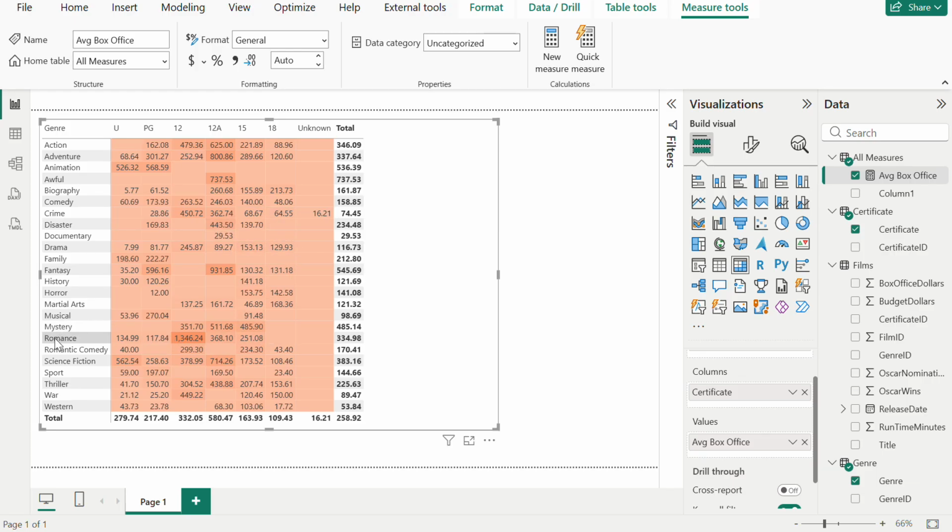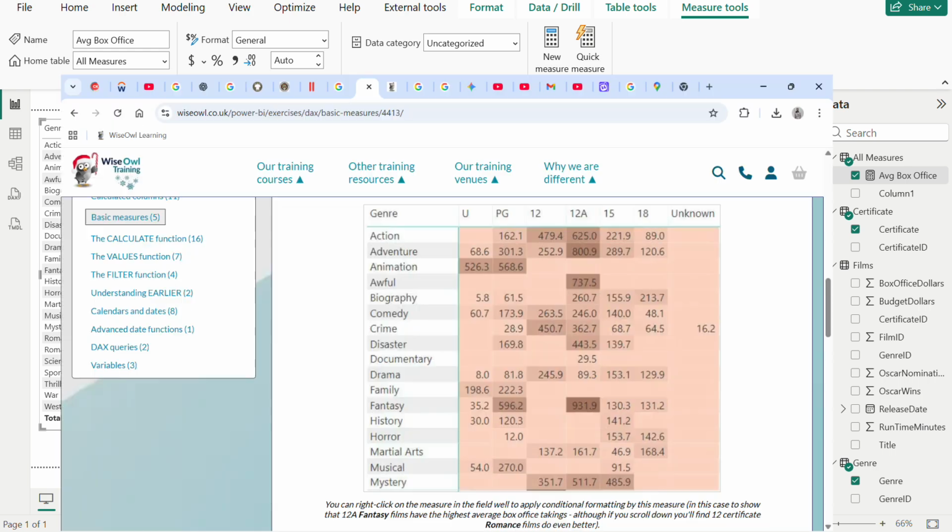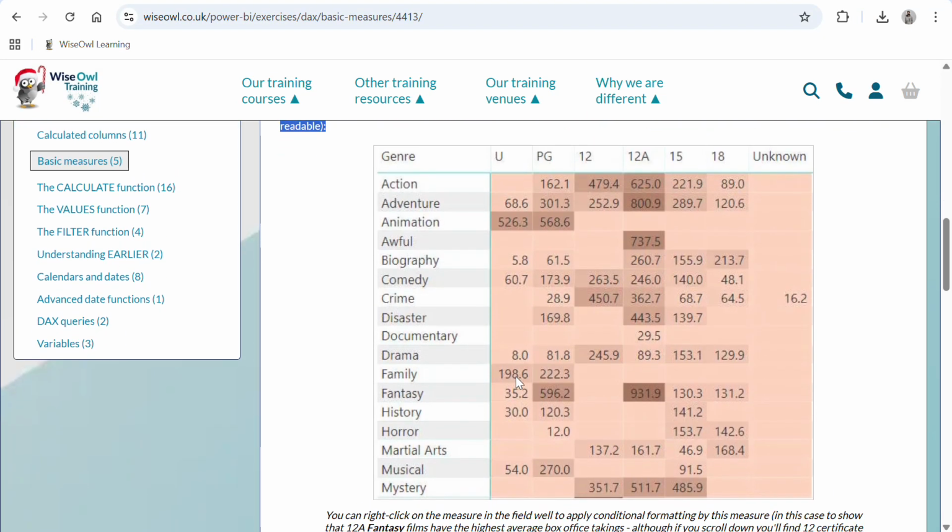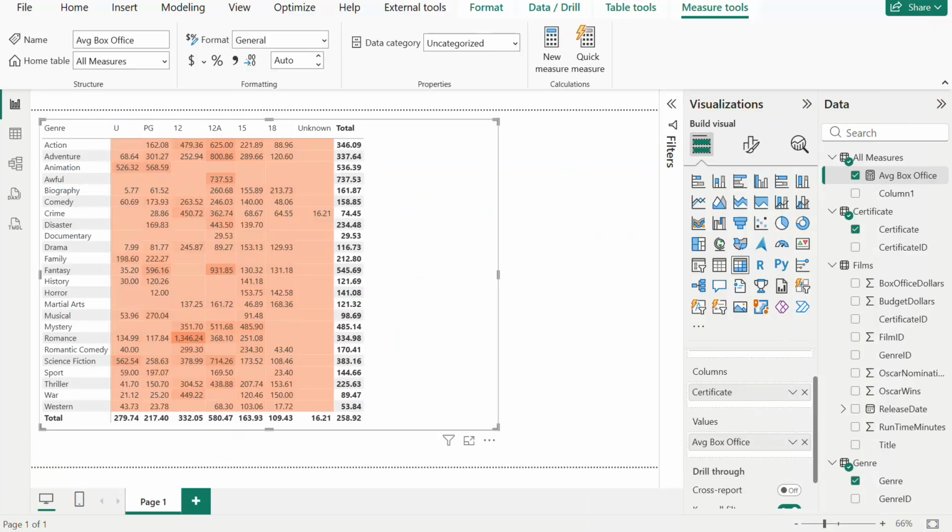But as you can see, for the romance genre, the most highlighted one is this 1346.24, which has brought the most box office collection. So it's directly pinpointing the highest box office collection of that genre. So yeah, if we see this with our data,